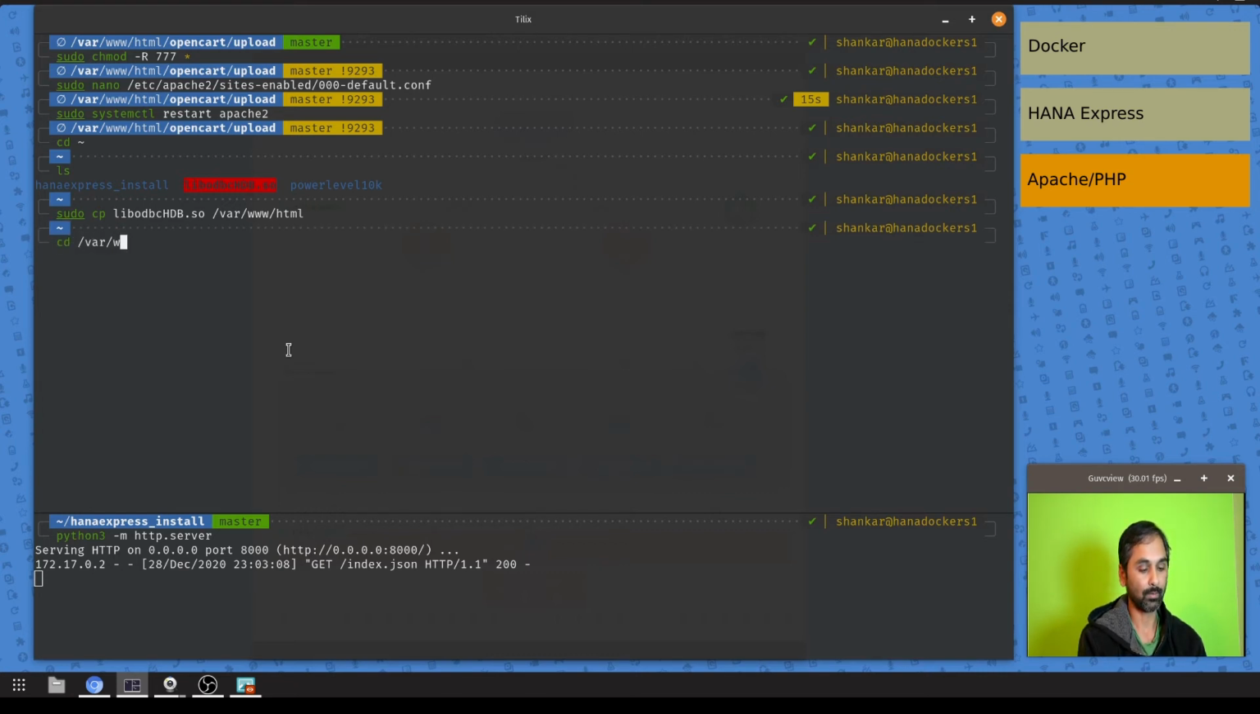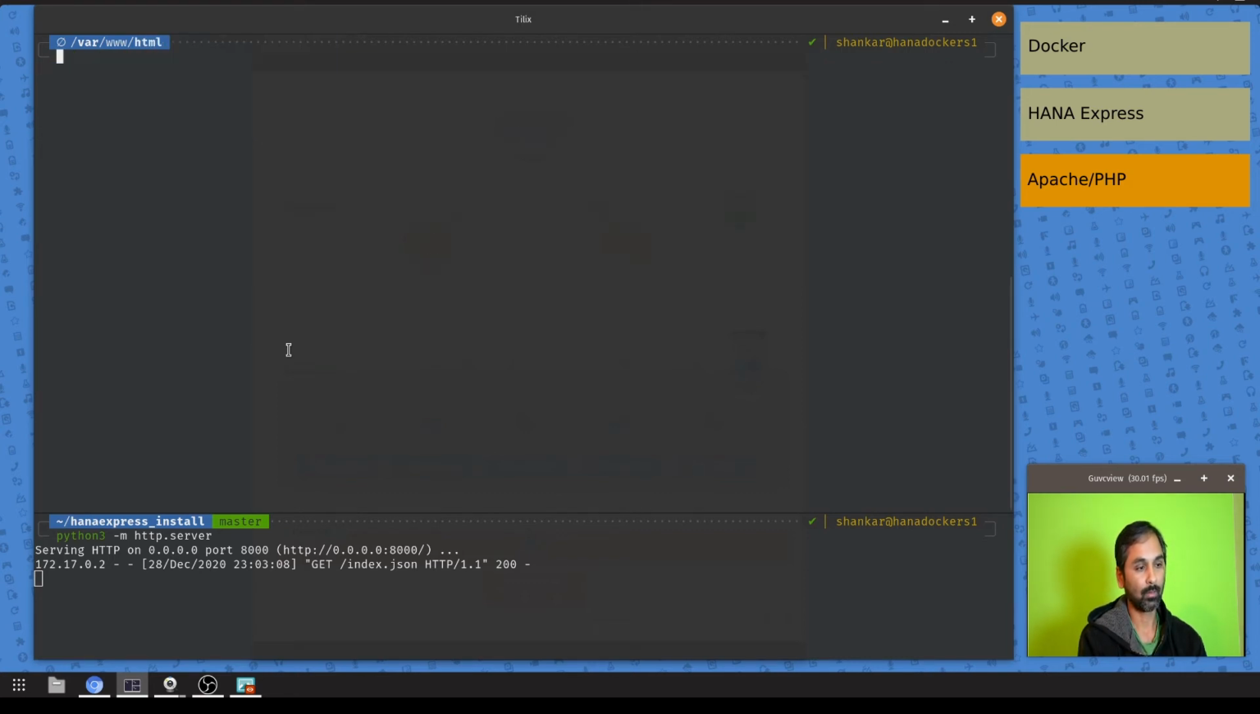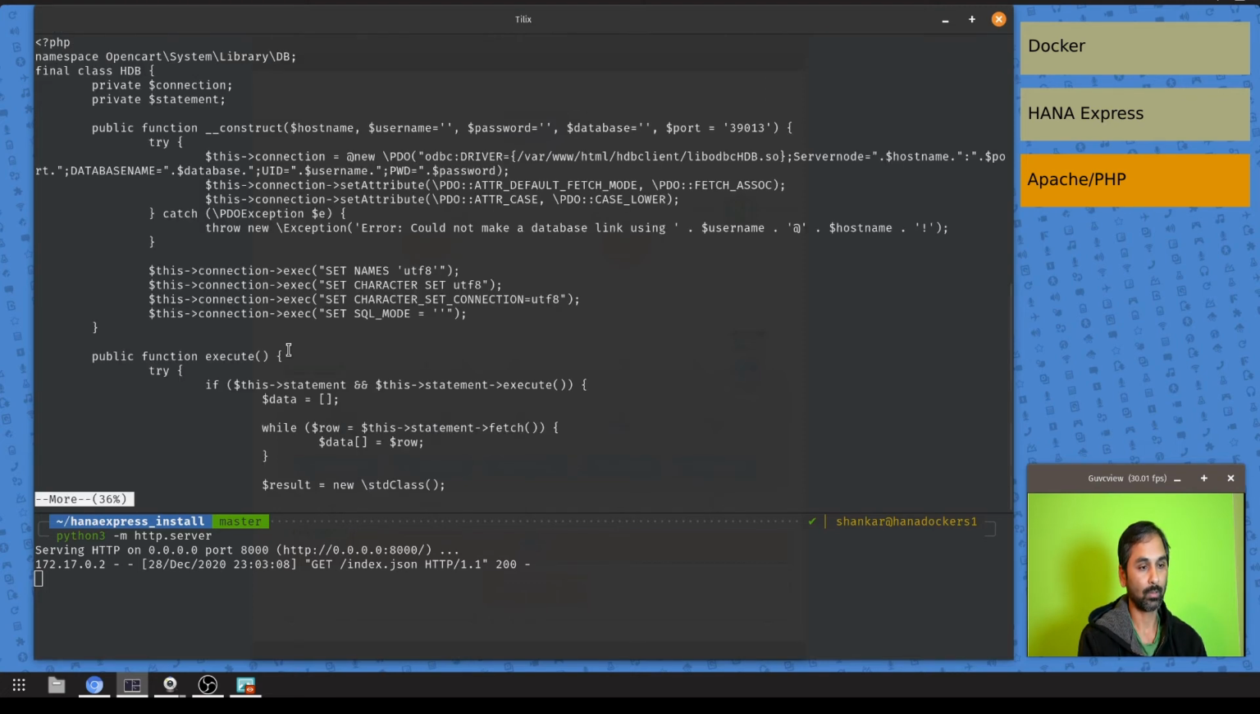We'll change our directory, and I'm just going to see what path I have used. So that would be opencart/upload/system/library/db/htb. It expects this folder under this folder. So